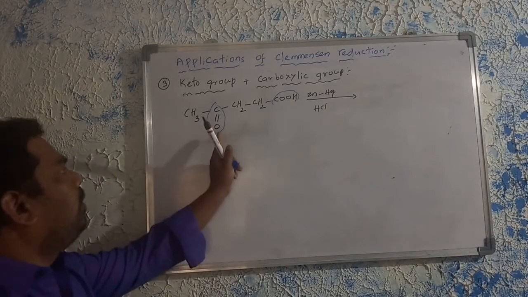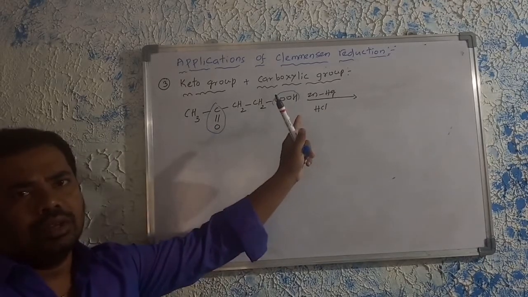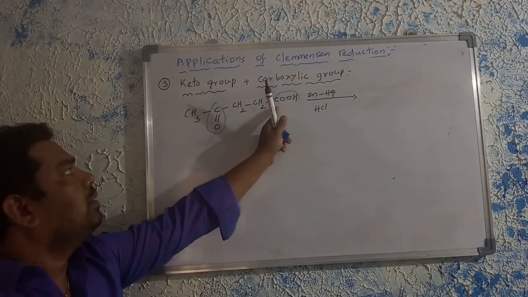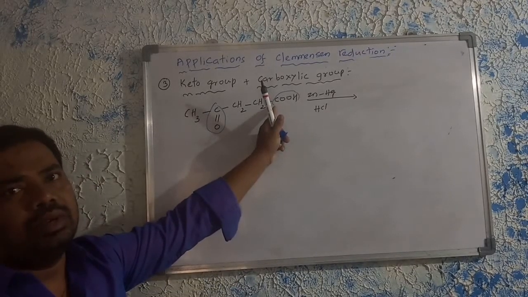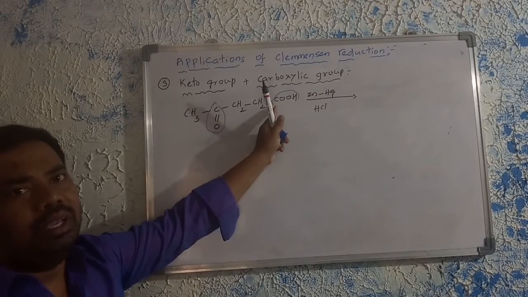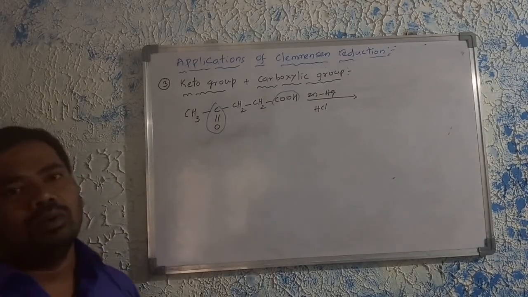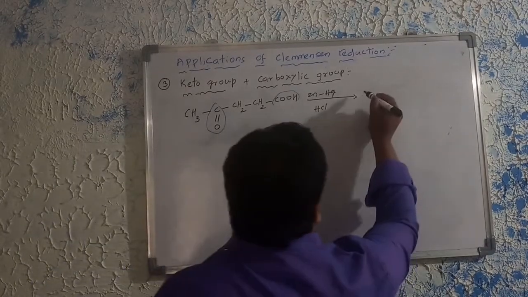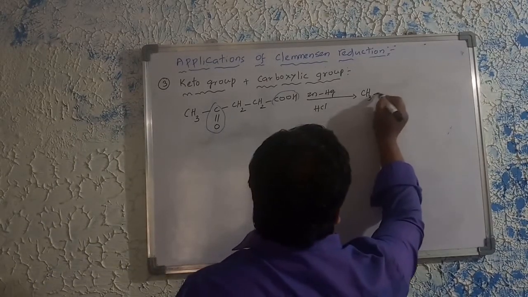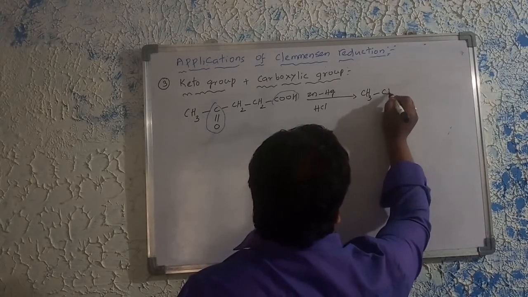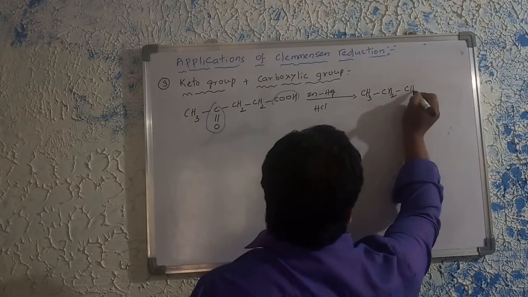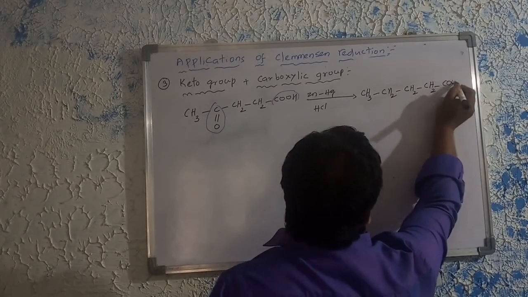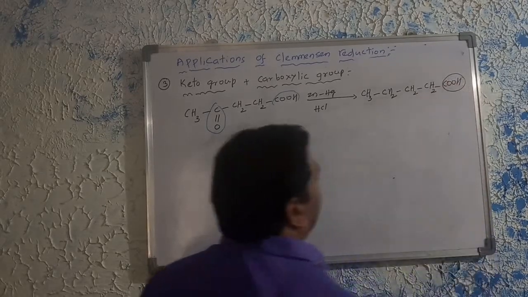Generally we know very well the keto group, the carbonyl group, is reduced, but the sensitive acidic groups may not be affected. Only the C double bond O group is converted into CH2. The product is CH3 CH2 CH2 CH2 COOH. So there is no effect